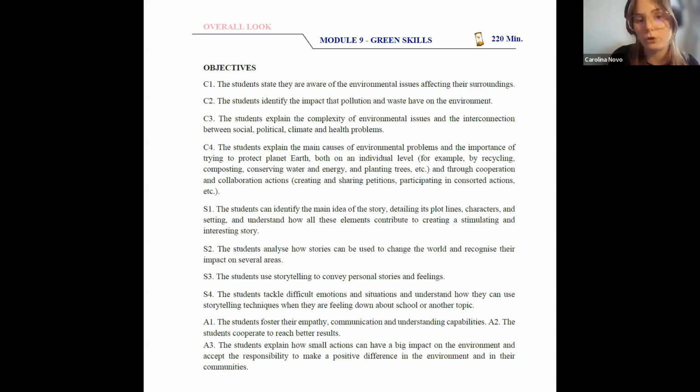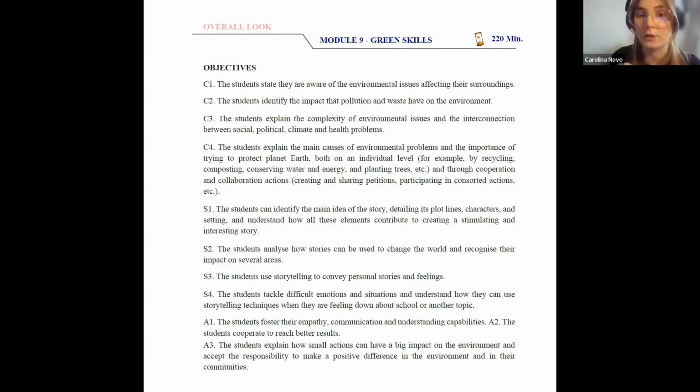So our module also tried to address, like the other modules, the three great domains. So the cognitive domain, and in this case, the cognitive domain is related to the environment and the green skills students should have. So as you can see, the first four objectives are cognitive.